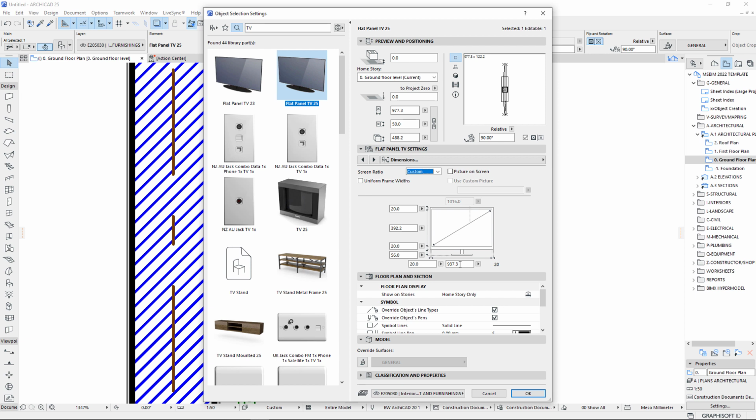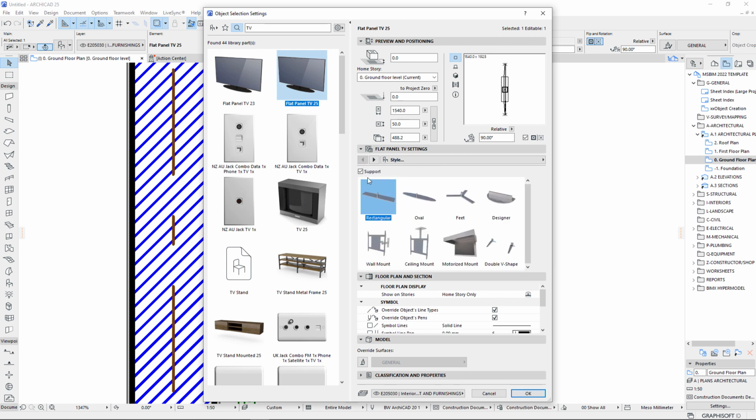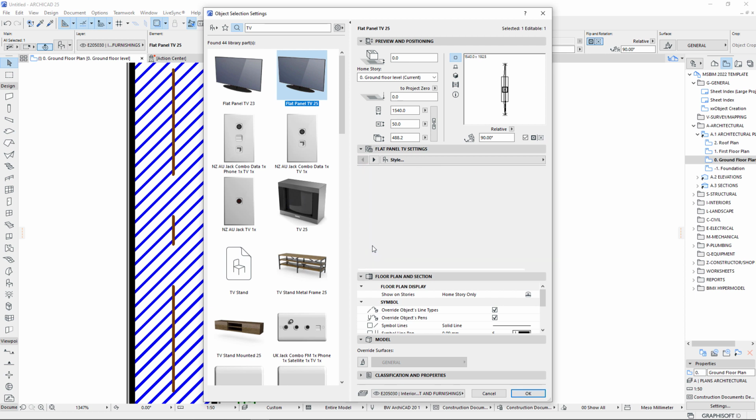Say custom, you can set the width of your screen. I think let's go for 1.5. Do you have a TV of 1.5? Yeah, I think it's like cinematic uniform width. Yes, 1.5. And then one thing that I want to set, this should be a wall hang or wall mount